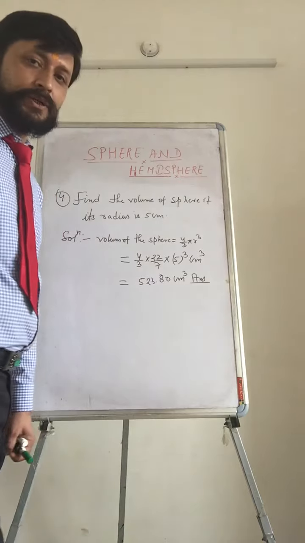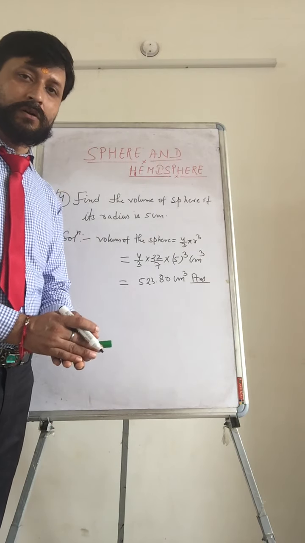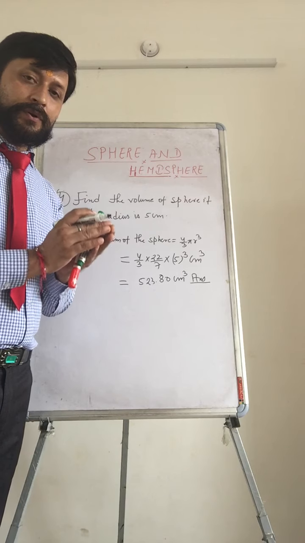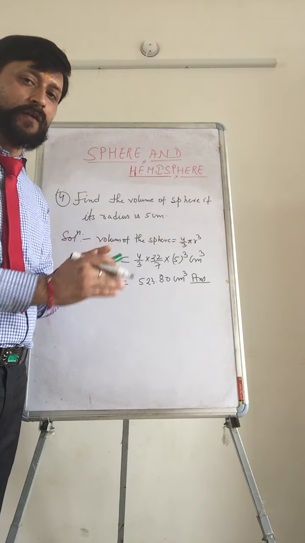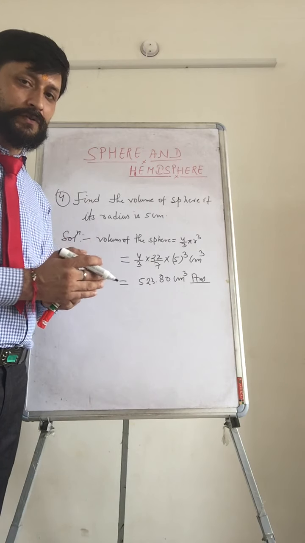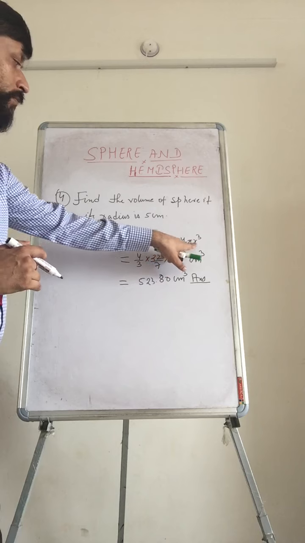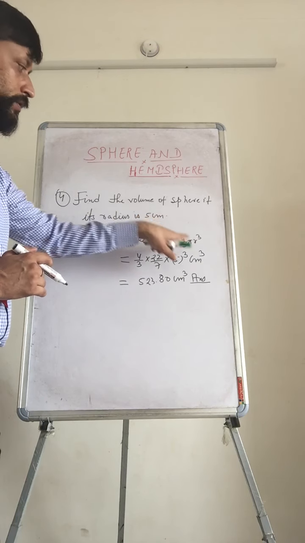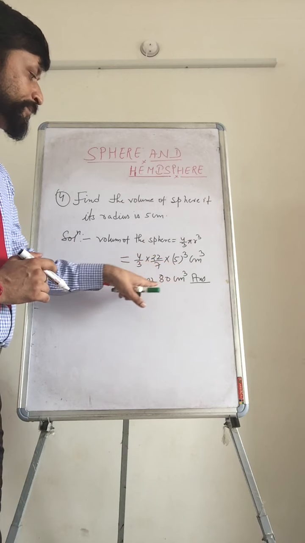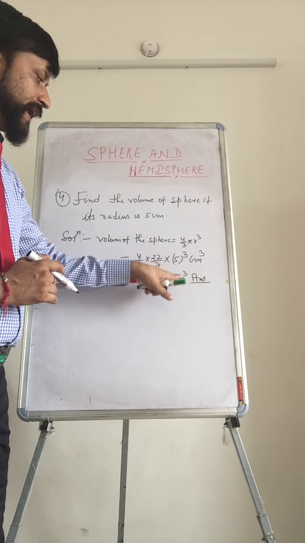So dear students, when you are solving any question in mensuration, you have to know the formula and then you have to substitute the value of the unknown parameter from the question. Suppose here in this formula we don't know r, but this r will be given in the question, that you substitute, calculate, and at the end always write the answer as well as the unit.